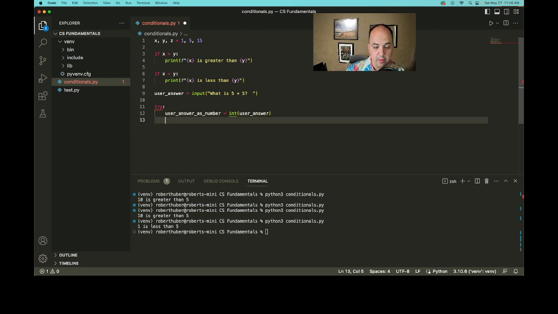And we're going to compare that number to what it should be. In this case, we know 5 plus 5 is 10. So we're going to say if user answer as a number, I'm just going to scroll down so I don't have to retype it every time, equals. Remember, now I want to use the comparison operator for equality as opposed to the assignment operator I just used, right? I'm going to use the comparison operator to check for equality. I'm going to say if this is equal to 10,